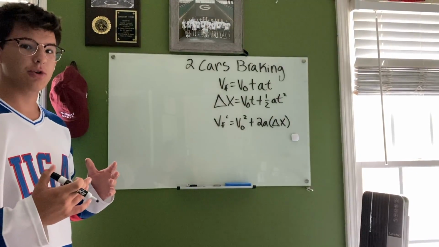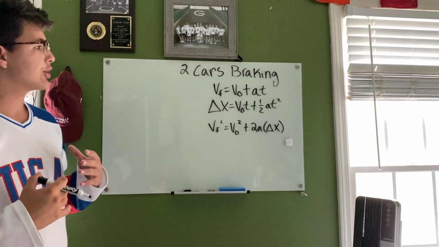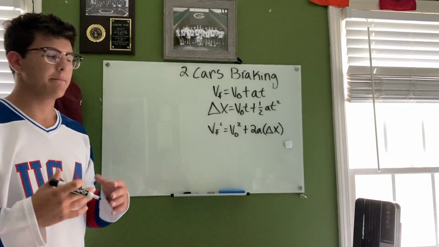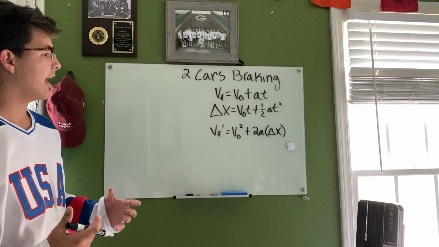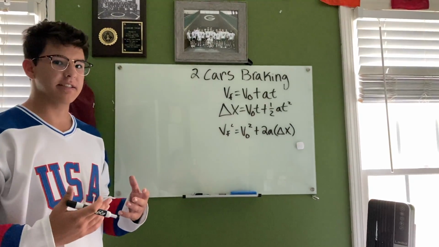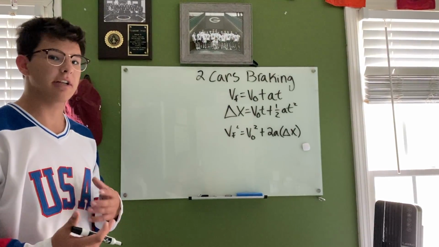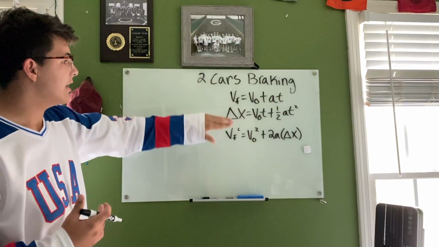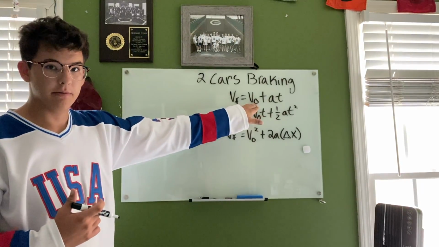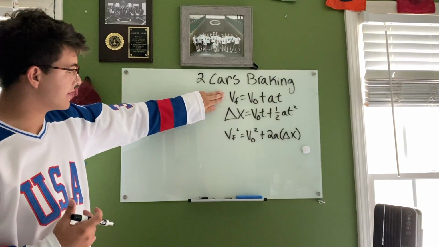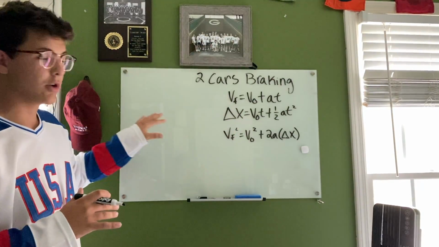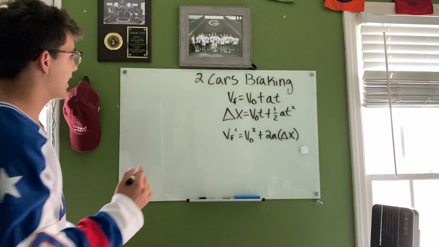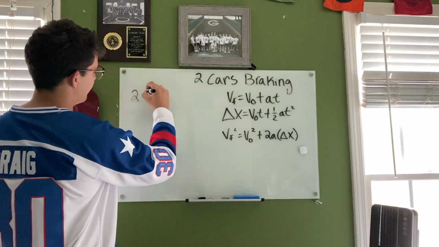So for this first question, we know that we are trying to solve for time. Now, if we're trying to solve for time and we are given a velocity as well as an acceleration, we know that we're going to use our first equation. Now we know that V naught is 0, okay, and that our final velocity in this problem is going to be 25 meters per second. So if I have 25,